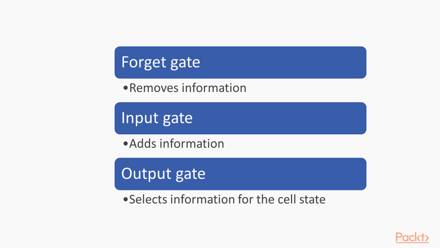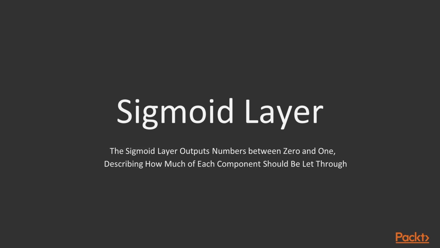But how is this selection done? How is it determined whether a gate is active or not? This is determined using a sigmoid layer. The sigmoid layer outputs a number between 0 and 1, describing how much of each component should be let through. So this is just the basic functioning of LSTM, and we know that LSTM is a special kind of RNN